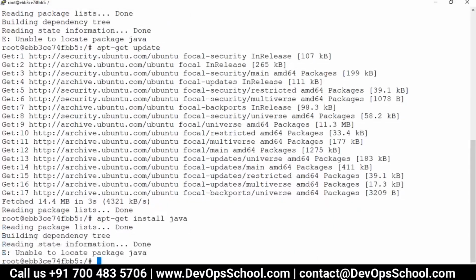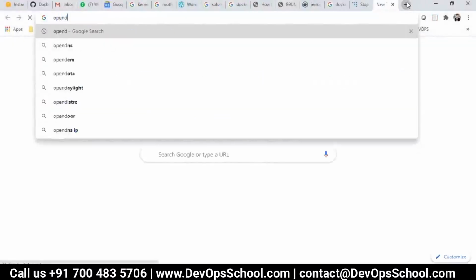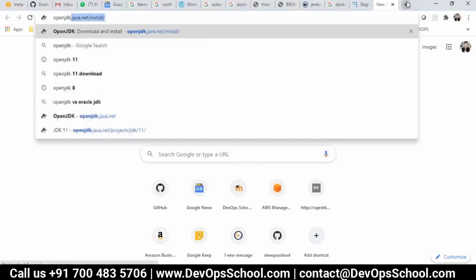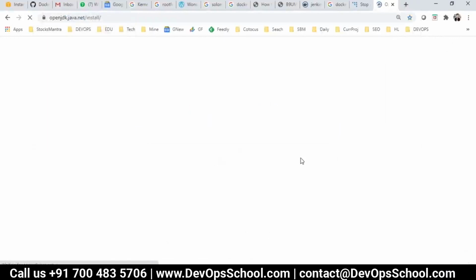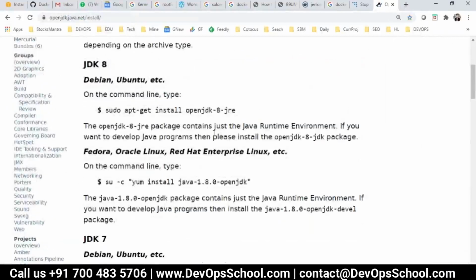Now Java is not there, so I have to install it from OpenJDK.